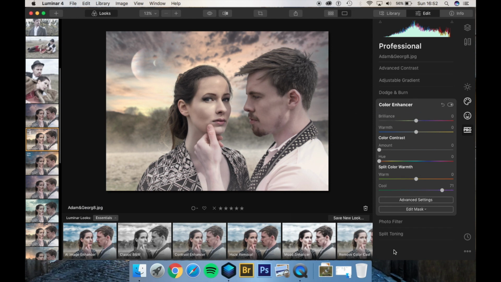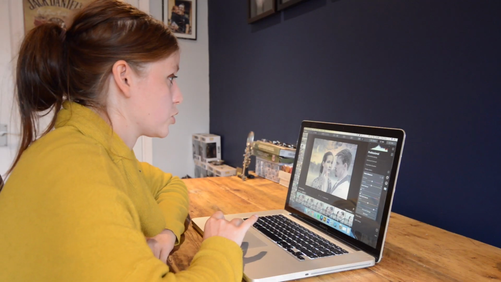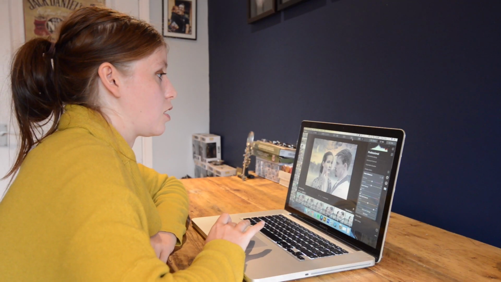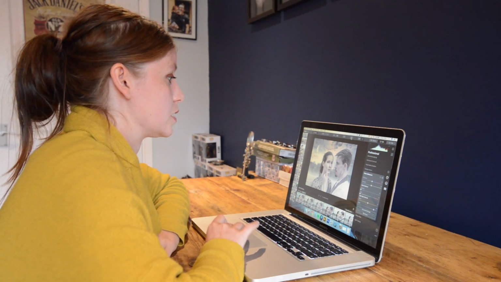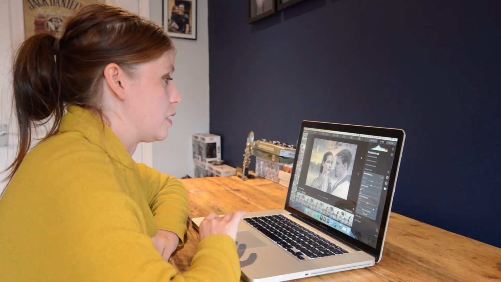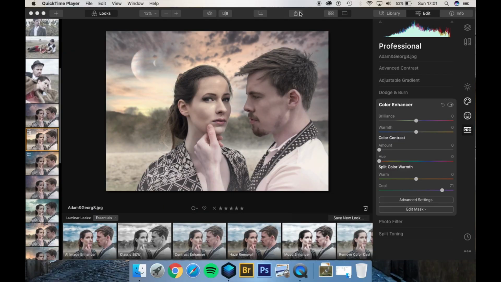In Photoshop, obviously, you could do that by changing quite a few different settings, but this does it all in one click, which is really cool. So once you're happy with your image, you need to export it. You can't just save it like you would in any other program. You have to actually physically export it, which is a little bit annoying, but it's not the end of the world. So you go to this little icon up here,